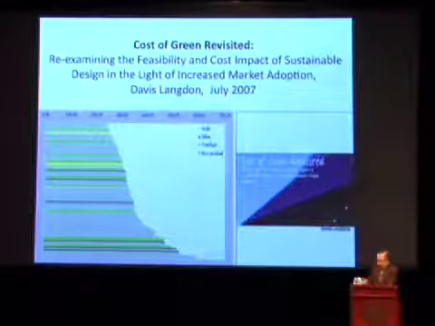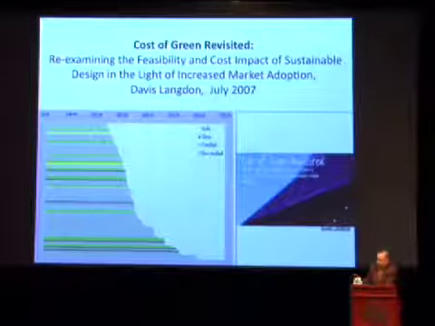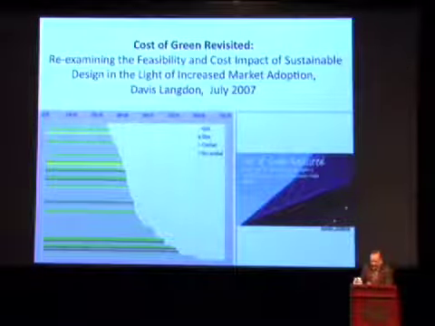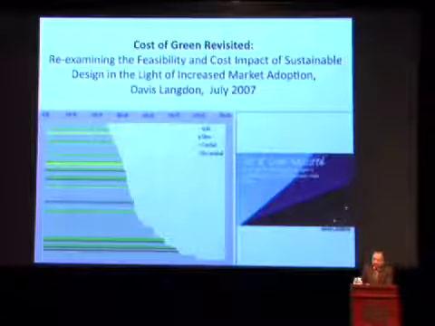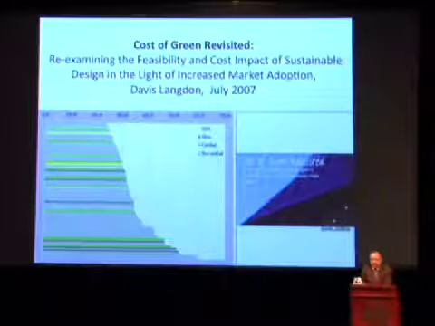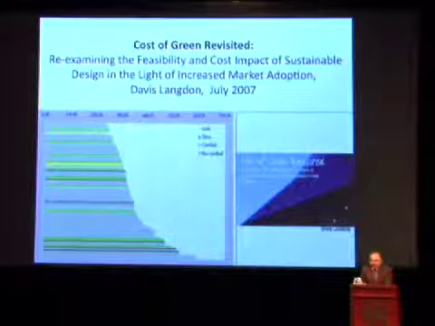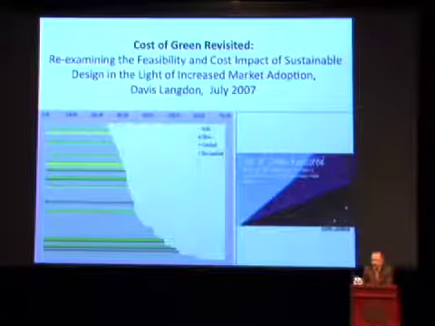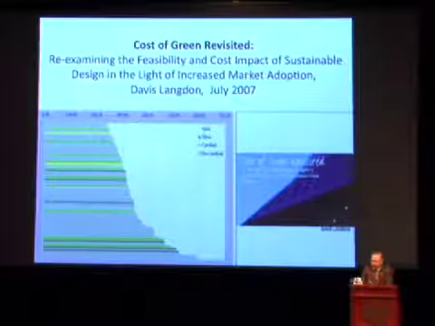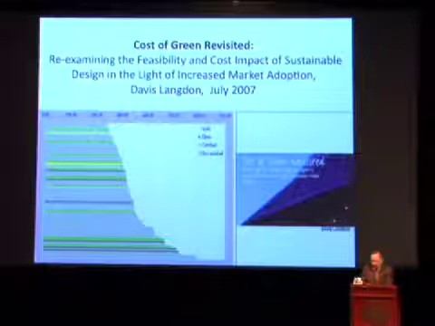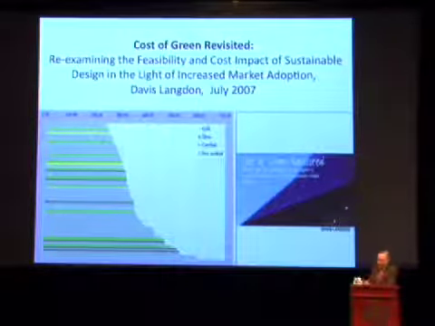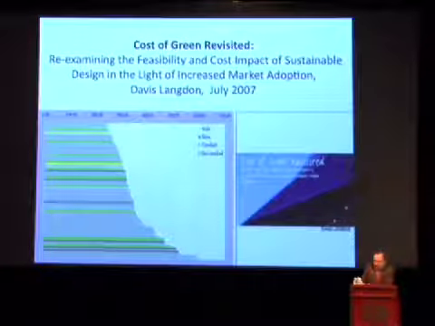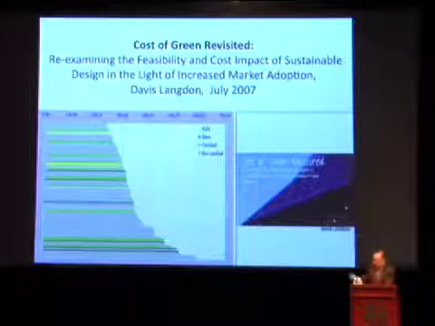And this is the data from a very large study of green building costs from Davis Langdon, who is, I think, the biggest cost estimating consulting firm in the country. So when you design and build a building, you get a cost estimate to make sure you're on budget, and these guys are the biggest provider of that. So they have tons and tons of data, and they went through their archives of their data for the last number of years to look at the cost of green buildings relative to other buildings throughout various different categories.